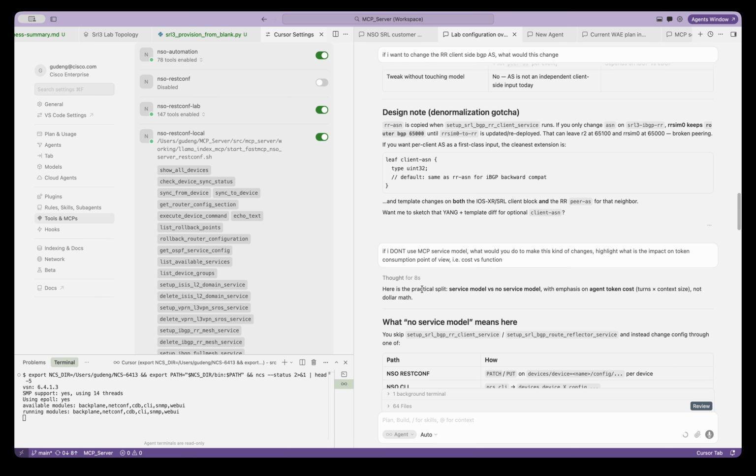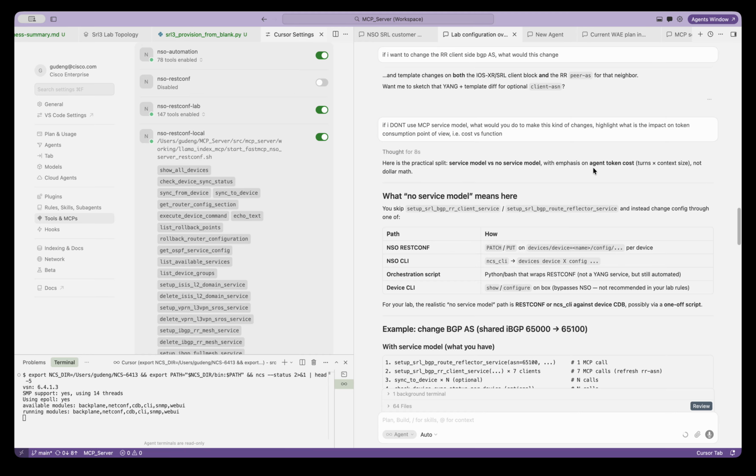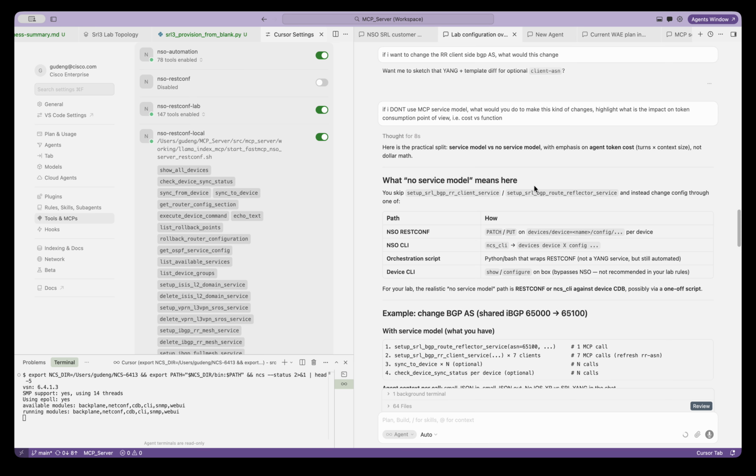So here's the answer. Here's a practical split, service model versus no service model, with emphasis on agent token cost, turns times context size, not dollar math. No real dollar behind it, but we just see how many turns and how many tokens we're going to burn.